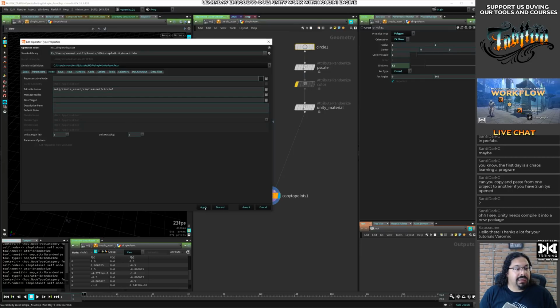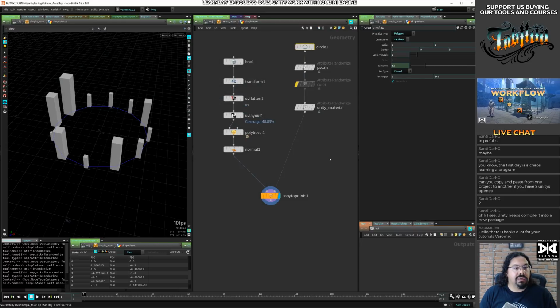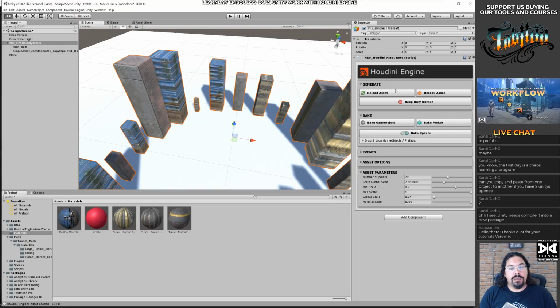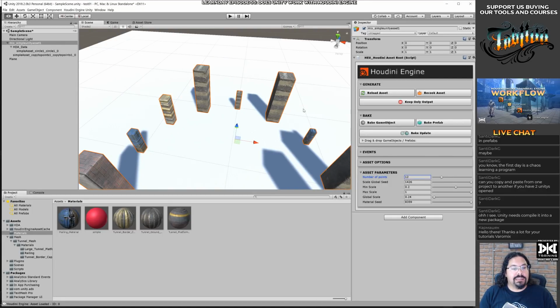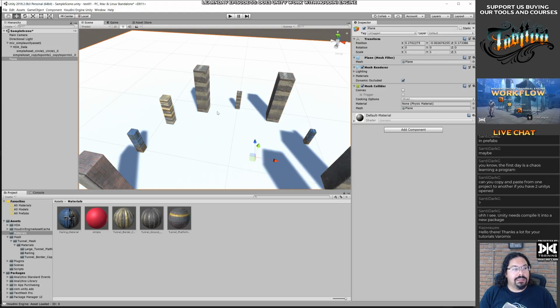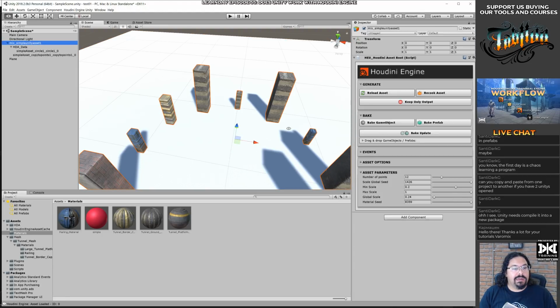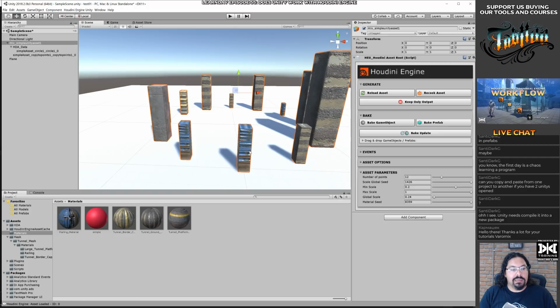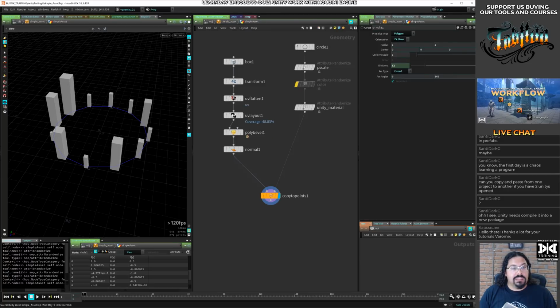Seems like I can, but is it going to work? Who knows? Reload the asset, and do you have a curve for me, Houdini? It seems like it doesn't want me to edit that.